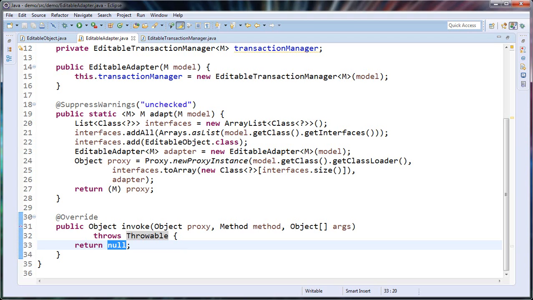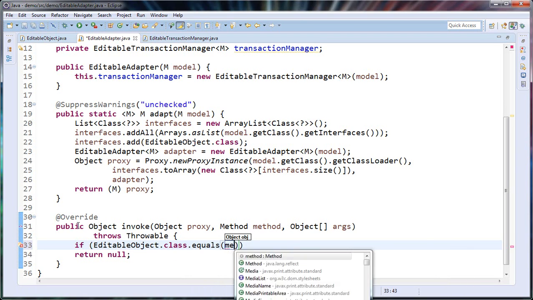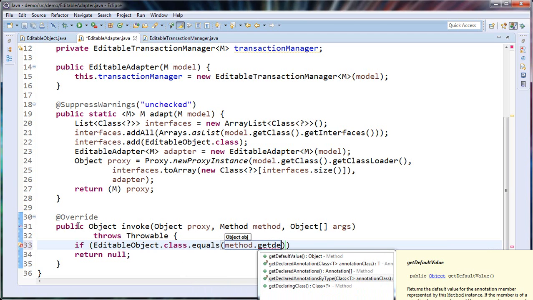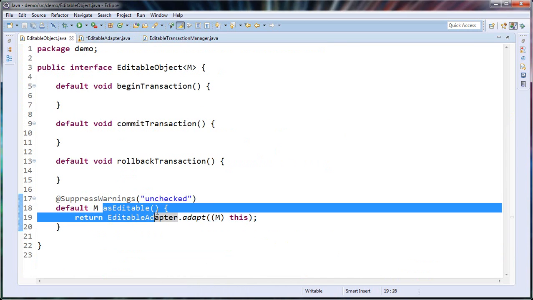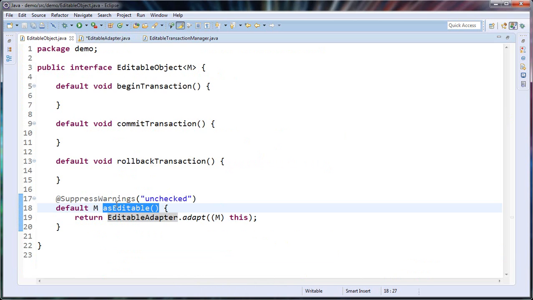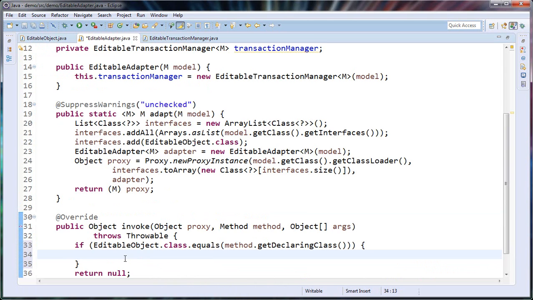the methods. So in my adapter, I would like to check first the declaring class of the method. So if the editable object dot class is the declaring class of the method, then we will have to invoke the proxy to handle that, with this exception. Okay, so what we'd like to have would be to